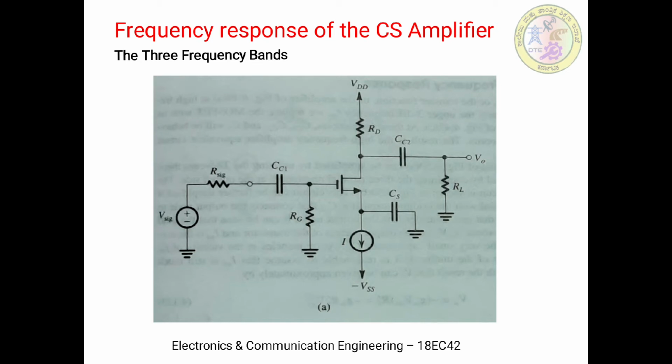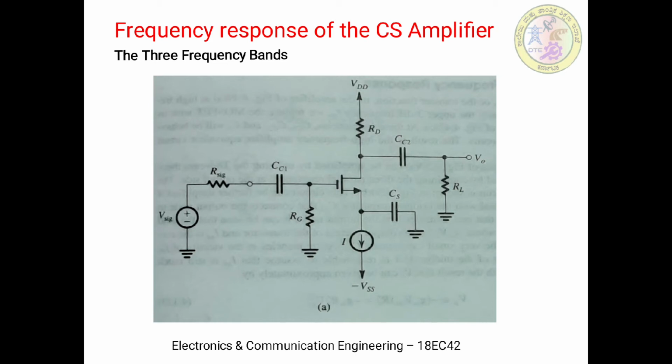Now our discussion will be related to the circuit shown in the figure. It's a common source amplifier circuit with the current mirror biasing provided. Here the meanings of the notations are as usual, but one thing we should note is that as our topic is now related with the frequency response, the frequency of the input signal will come into picture, and also all the voltages and currents are functions of the frequency now. So therefore the notations are a little bit modified.